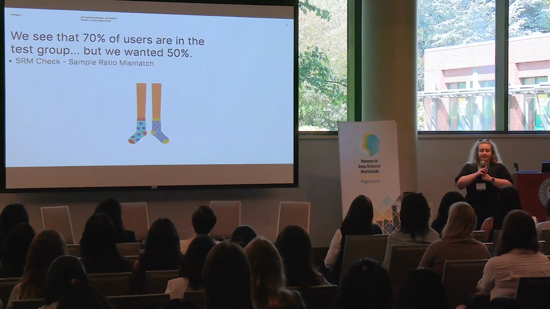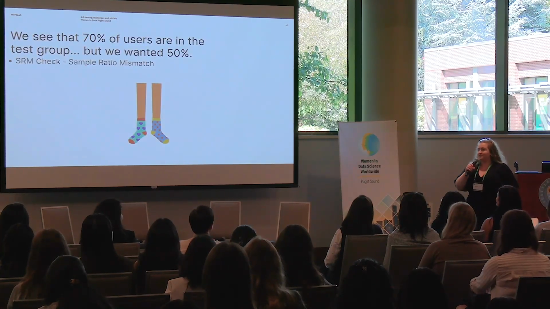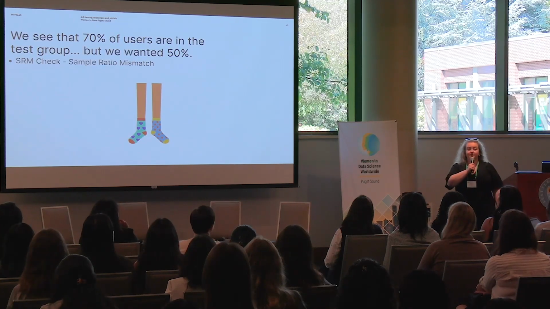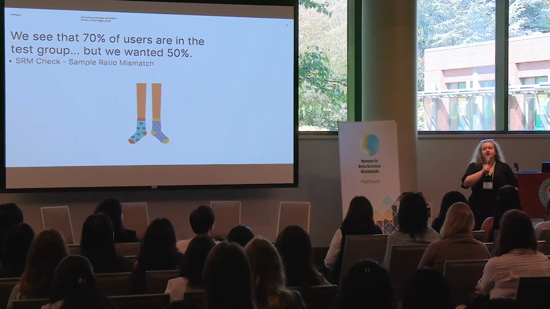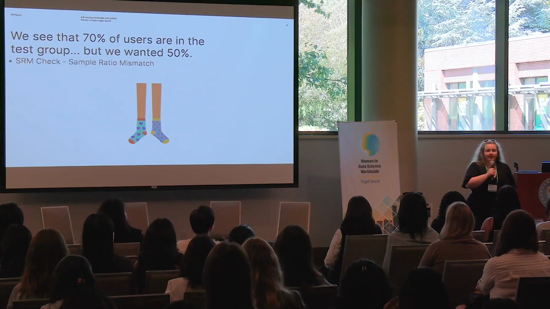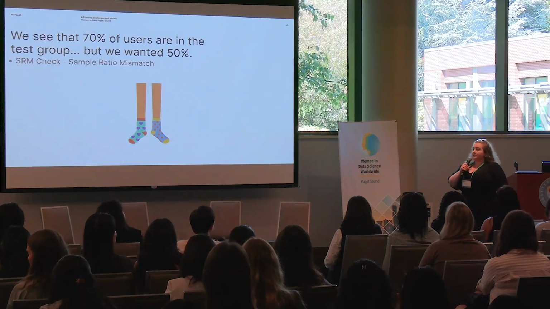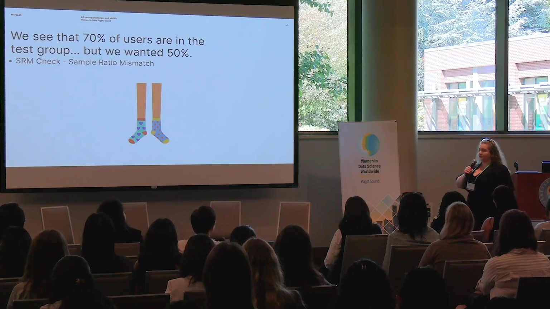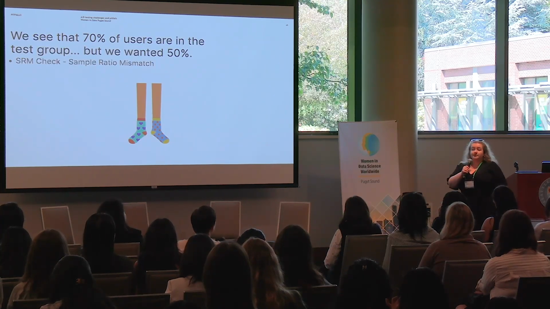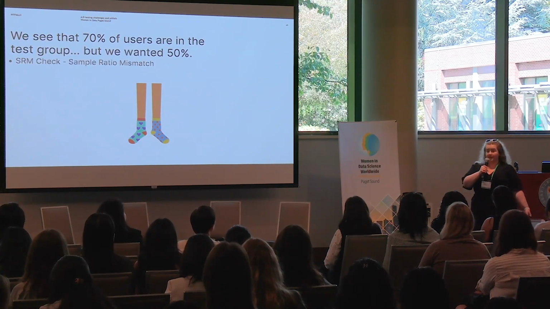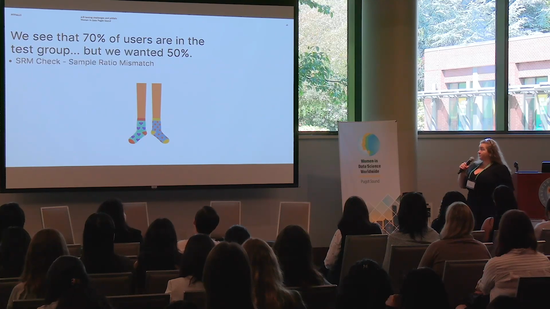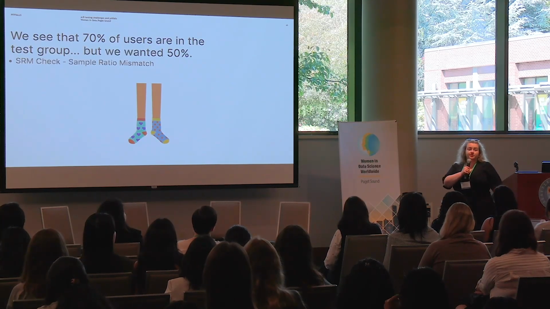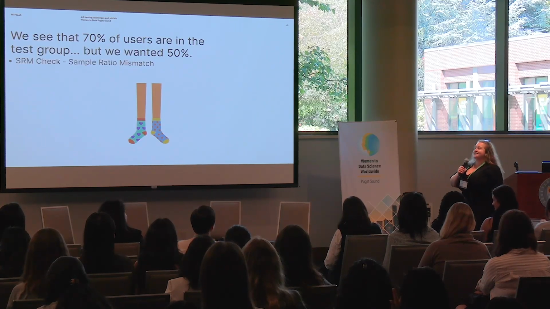Some other things you may want to do is you may want to see if users are double bucketed. That happens all the time. And you want to make sure that each user is in one group and stays in that one group for traditional A/B testing. And sometimes that may mean that there is an issue with tracking data. There is an issue with feature flag. There is something that the engineers have messed up. It happens, and we need to fix it, and then we will re-roll out the experiment.